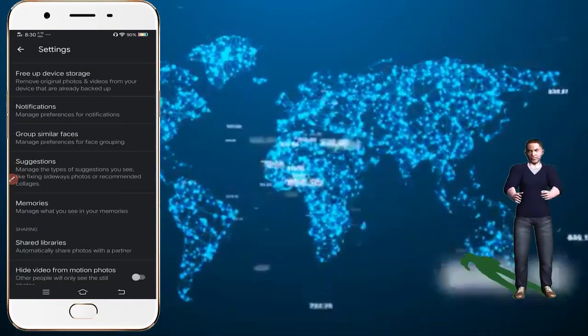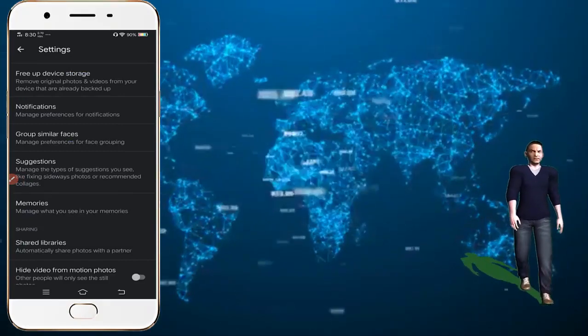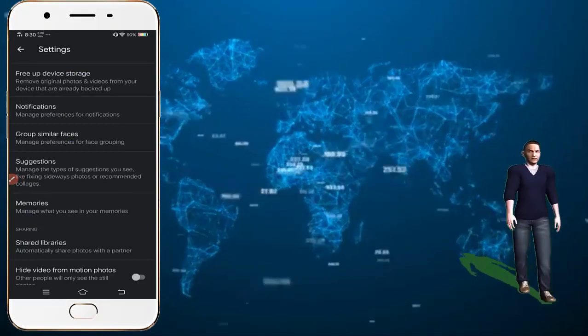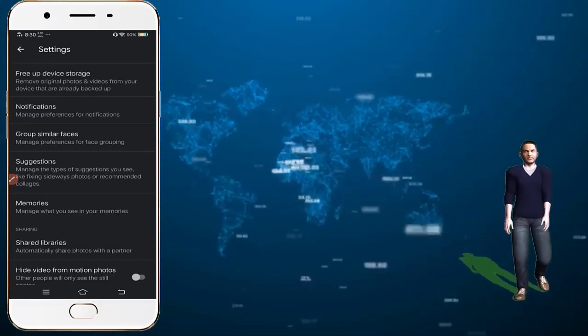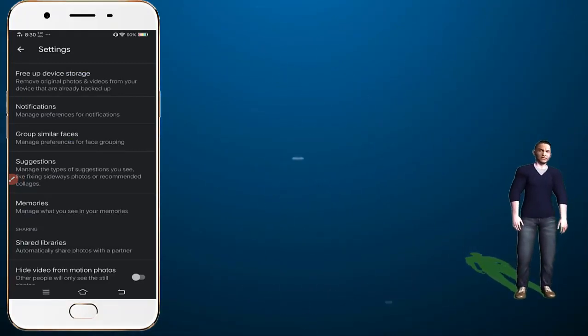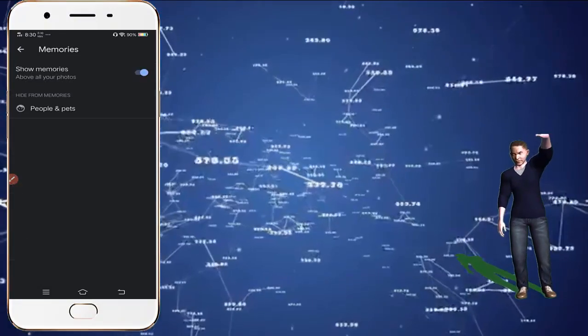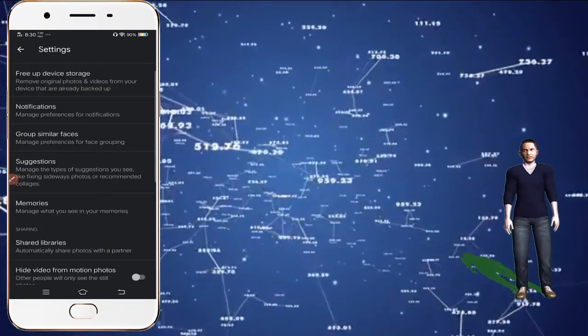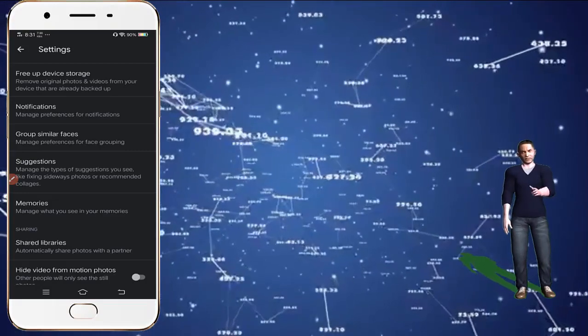The next option is memories. It will show all your pictures from your memories. I suggest you turn it on, because often we take lots of pictures on different dates in the past.